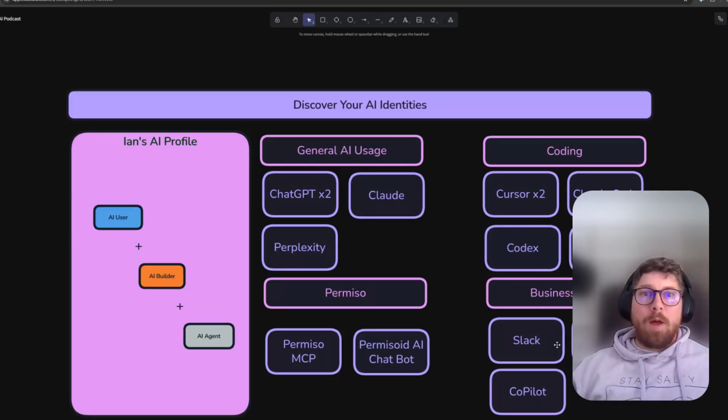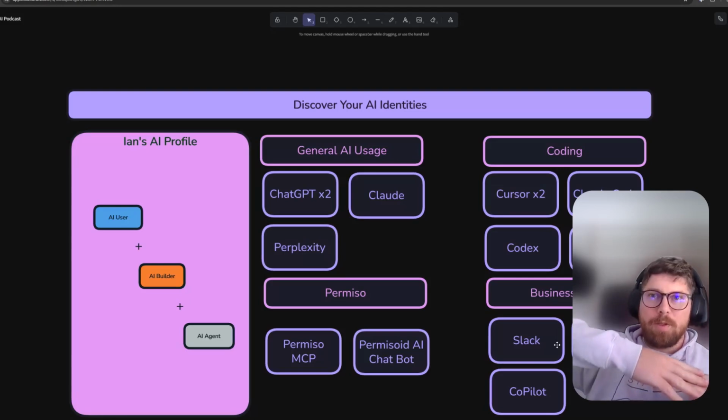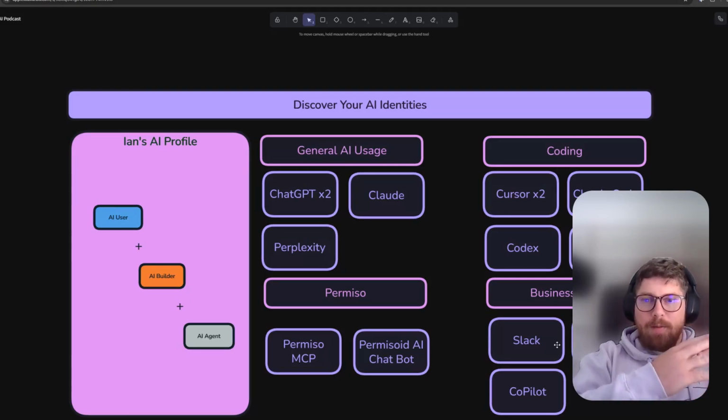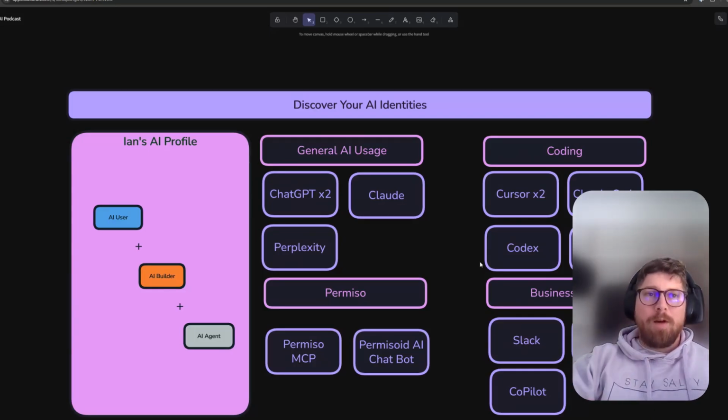Which, side tangent, brings me to another common AI question I get: I'm paying for 300 people to have access to Copilot. How many people are actually using it? Only 20? Oh my goodness. Why am I paying for 300 people to have that? Same thing with all of these. They want to measure adoption, but they also want to cut costs and find the bad things. This visibility layer that we've built really helps with that, so we're often able to answer questions across all those realms.